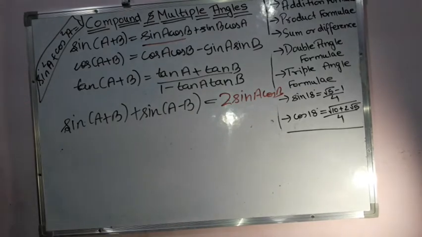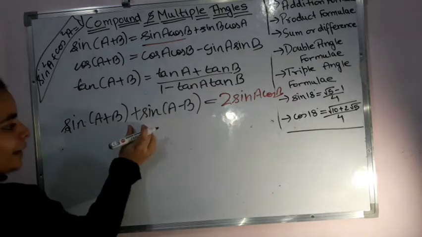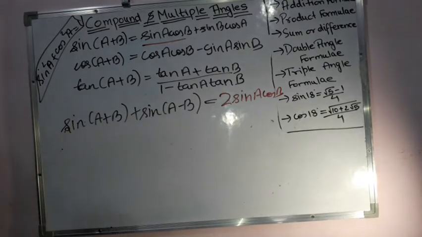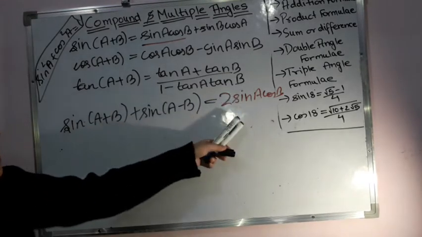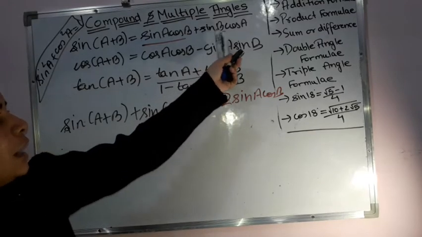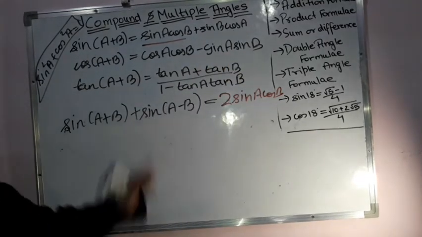You haven't learnt it, we just got it from the first formula we are seeing, right? Similarly, if it was negative, then what will happen? The signs will reverse. That means this term will get cancelled this time, and we will be left with 2 times sine B cos A, if it was a negative sign here.